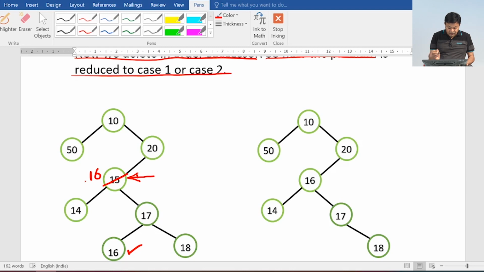And after that, we will be deleting the in order successor, because this is the in order successor. So, now we are deleting the in order successor, it means we are not deleting this particular node. So, now what has happened? Earlier the node which was to be deleted was having two children, but now we are deleting a node because that data we have already copied up. Now, the node we want to delete is not having any child. And this is connected to 17 through a left relationship. So, now the left field of 17 will start pointing to null and this will be our final tree.